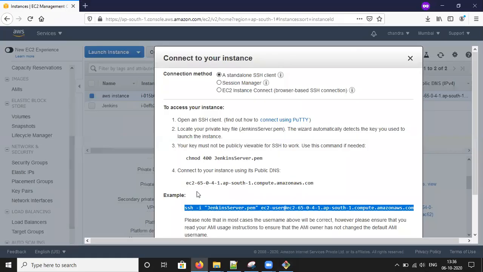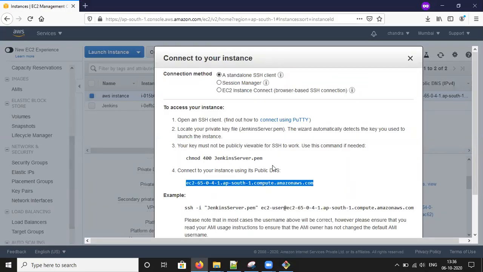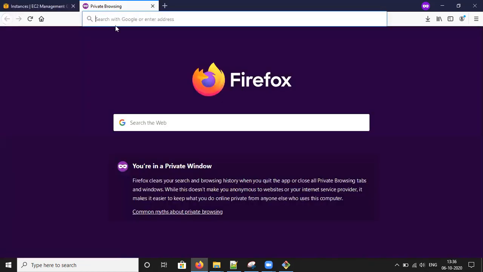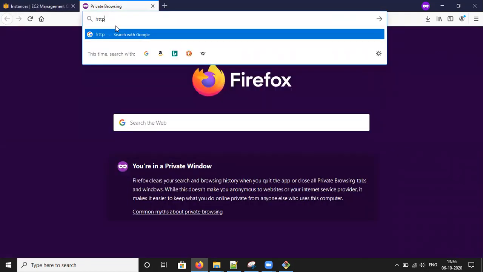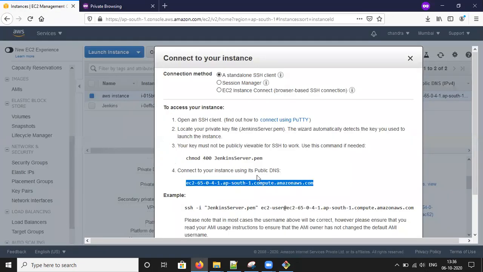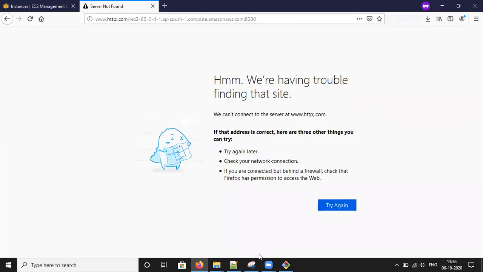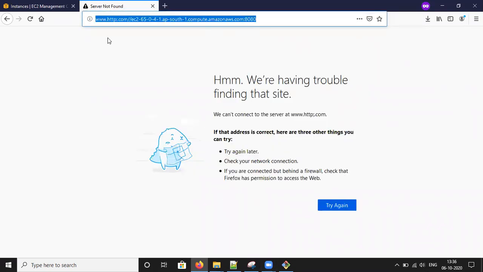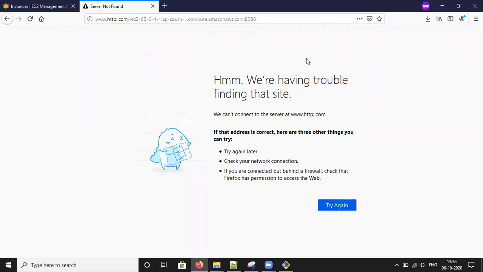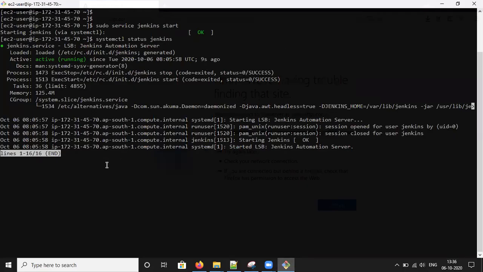We'll go to the browser. You can copy the public DNS and paste it, then add :8080 as the port. Click enter. I think there might be something missing.